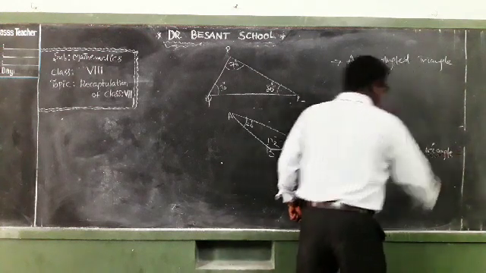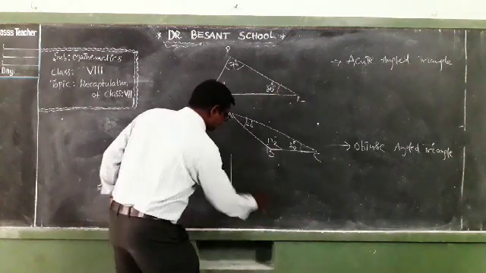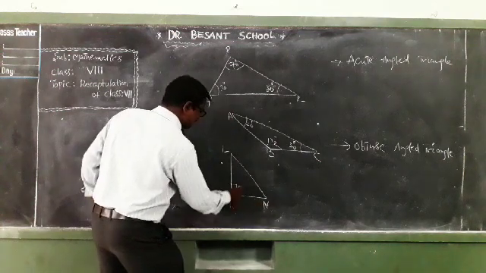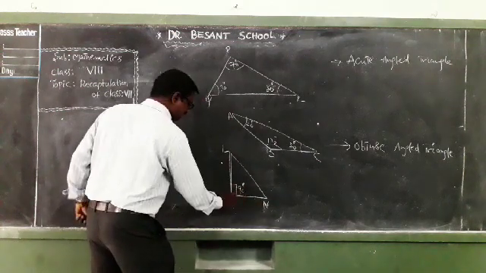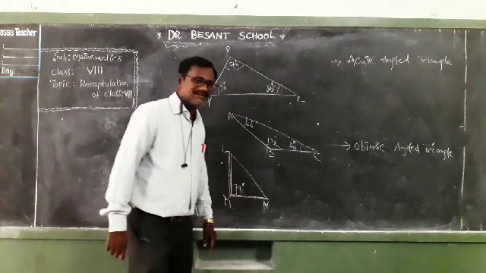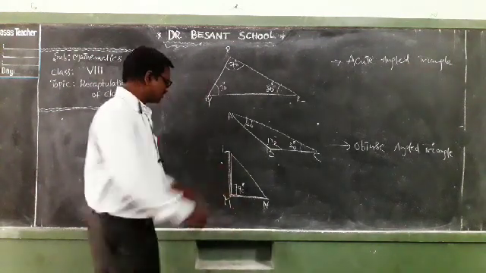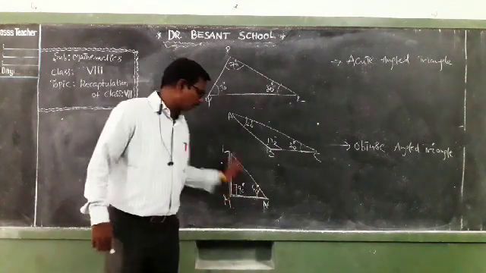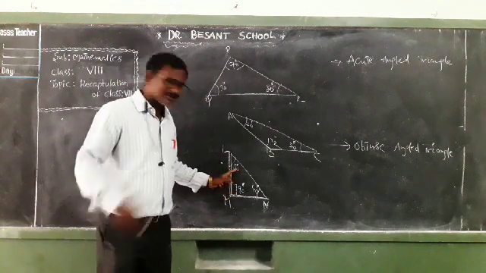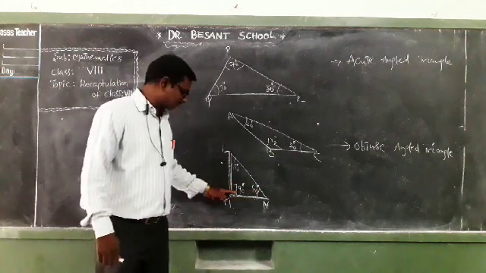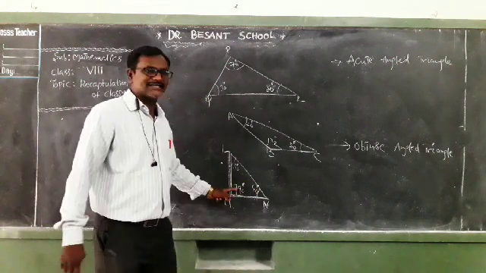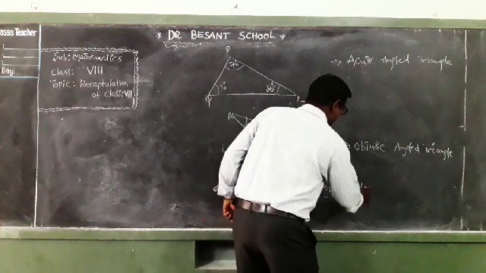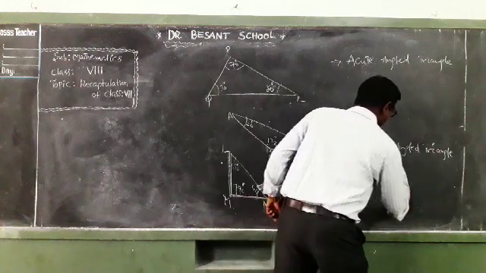And verify this one. This is triangle LMN. So this must be 90 degrees. Why? Because this is a horizontal line and this is a vertical line. Both are perpendicular to each other. So let it be 50 degrees, and this must be 40 degrees. So in a triangle, one angle is a right angle, and the sum of the other two angles is also 90 degrees. 50 plus 40 is 90, and 90 plus 90 is 180. So in a triangle, if one angle is 90 degrees, that is called a right angled triangle.